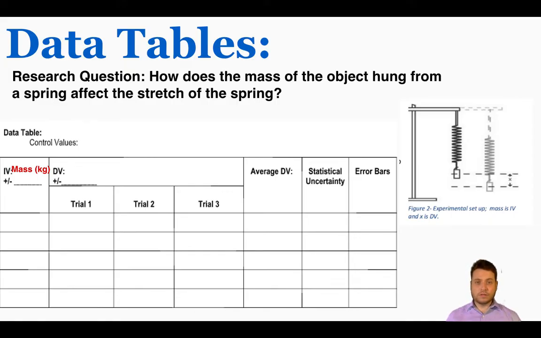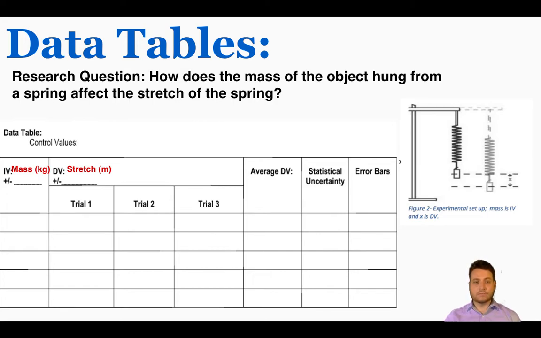The reason why I'm putting the unit up there is so I don't have to write the unit next to each individual measurement that I make in the table below. As long as the unit is on the top, I know what all the units of each measurement are without having to write them over and over again in the table itself. And the dV here would be the stretch of the spring, and that's measured in meters, so I'd write that